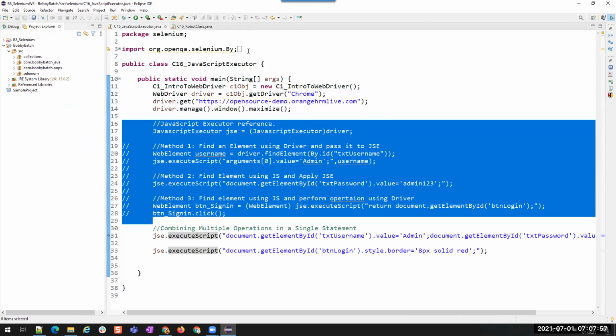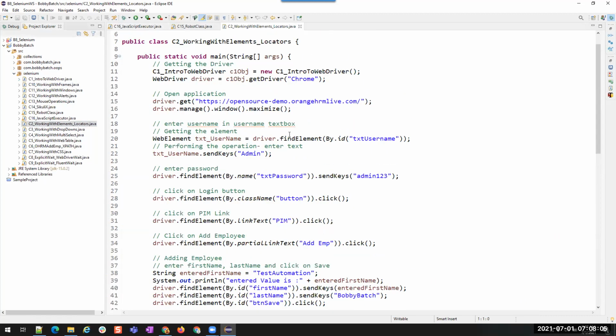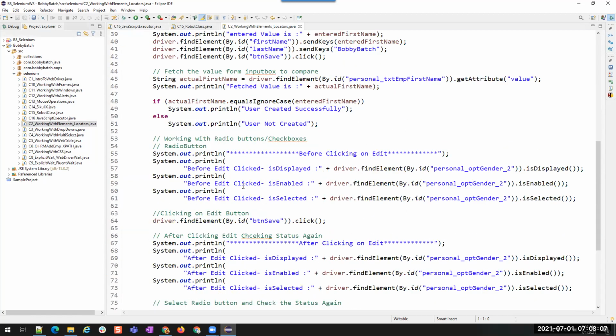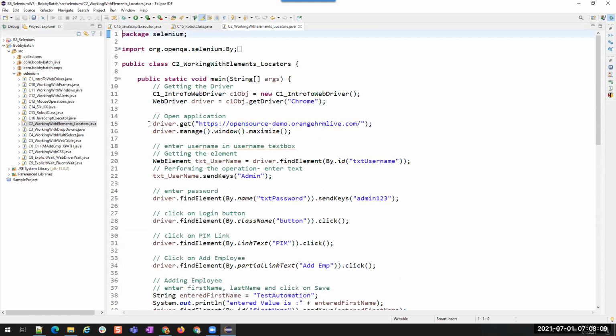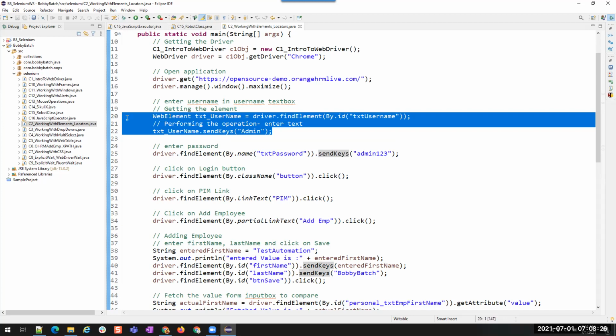See, now if you see any of the scripts that we have written, let me go to any of these scripts. Okay. You see here, if you look at the script, on the script itself, on the same class itself, we are trying to find the element. We have the locator, we have the WebDriver method driver.findElement. We have the locator, we have the operation, and we have the data. So everything is in the same place.